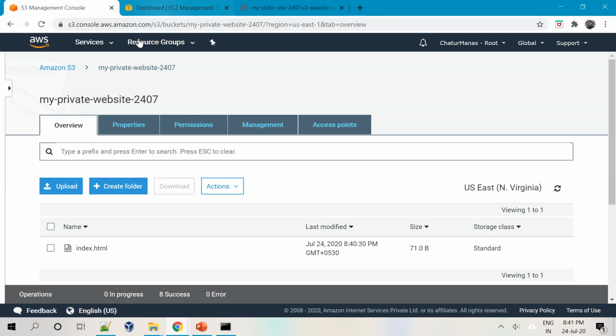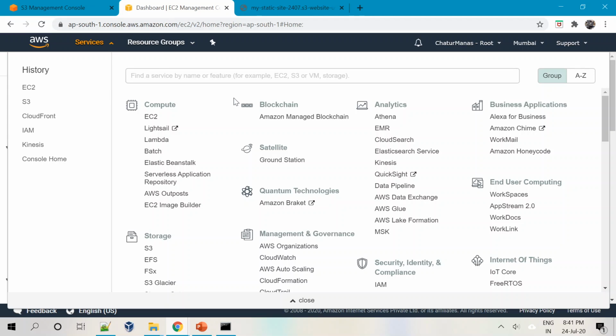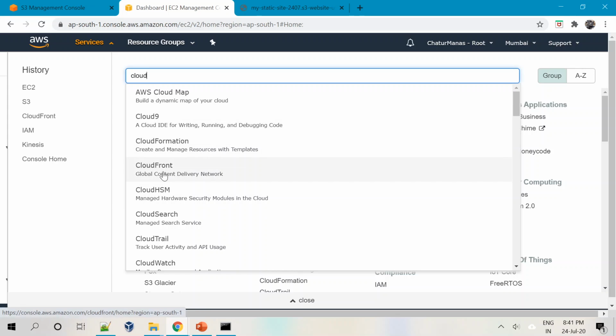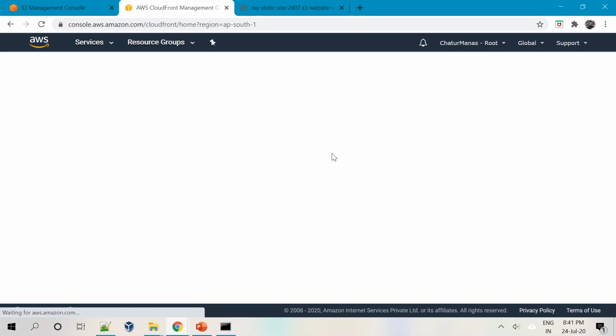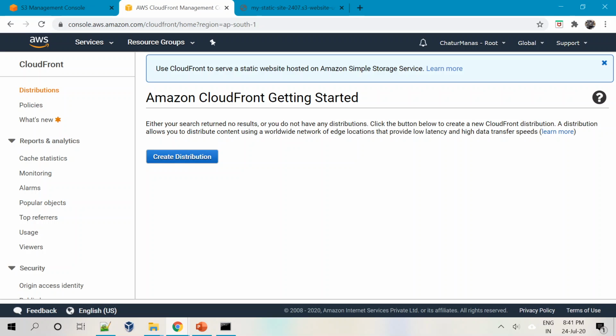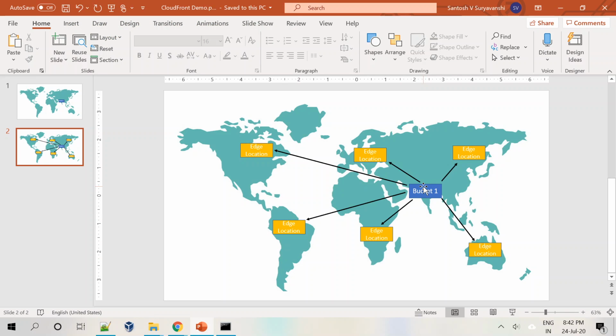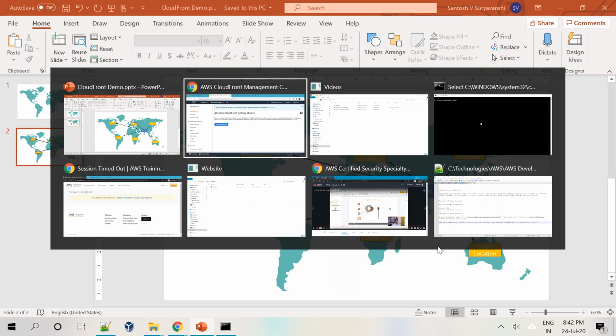So for that, I have opened another tab, the same services tab, and I will go to a service called CloudFront. With CloudFront, what we are doing, if I just go back here, this is the bucket that we have created. In this bucket we have index.html. Now this particular bucket is private in nature. Though it is private in nature, we still want to distribute to the edge locations, and we still want to have our own website up and running, right?